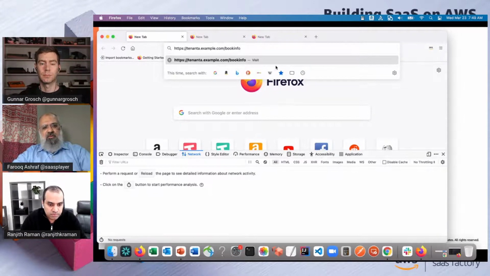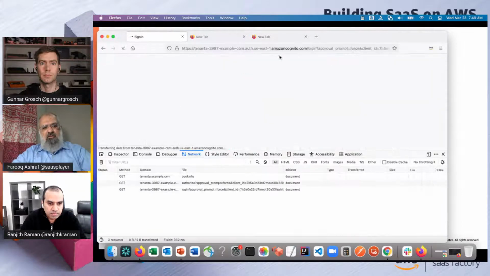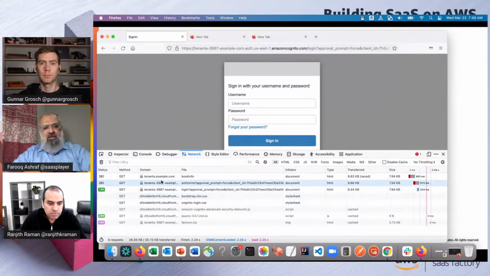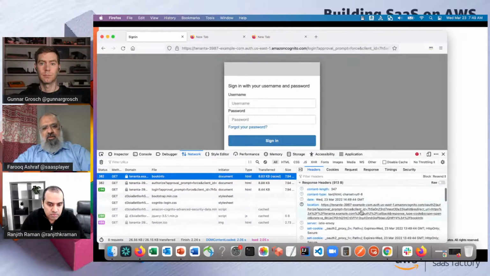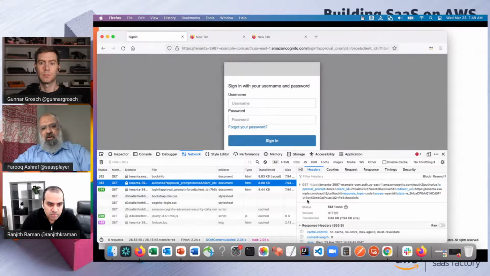So let me just click on the link. You can see how the request is flowing. I'm doing a GET to tenant.a.example.com/bookinfo. It is getting redirected to my hosted UI for the Cognito user pool, which is going to show me this login screen.